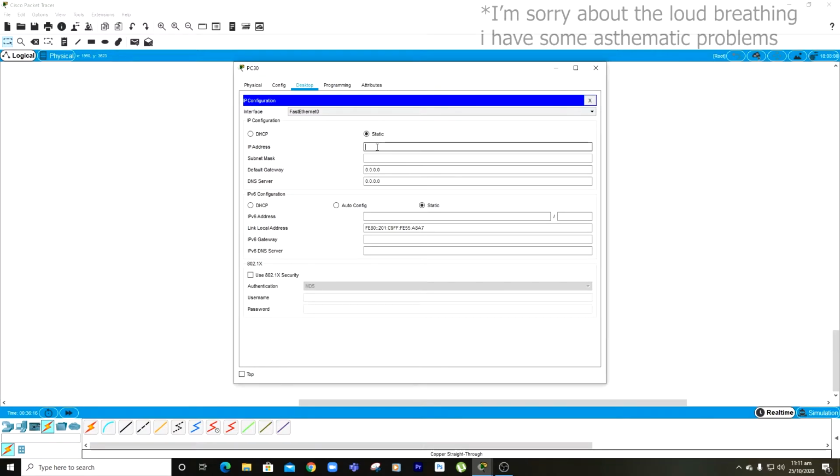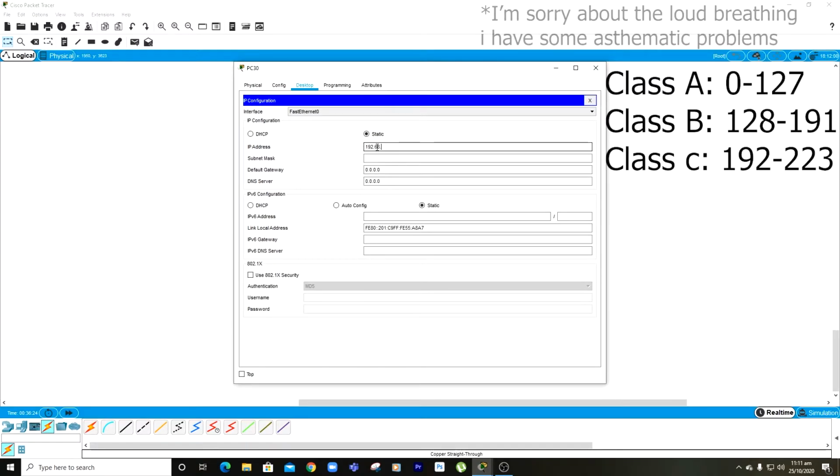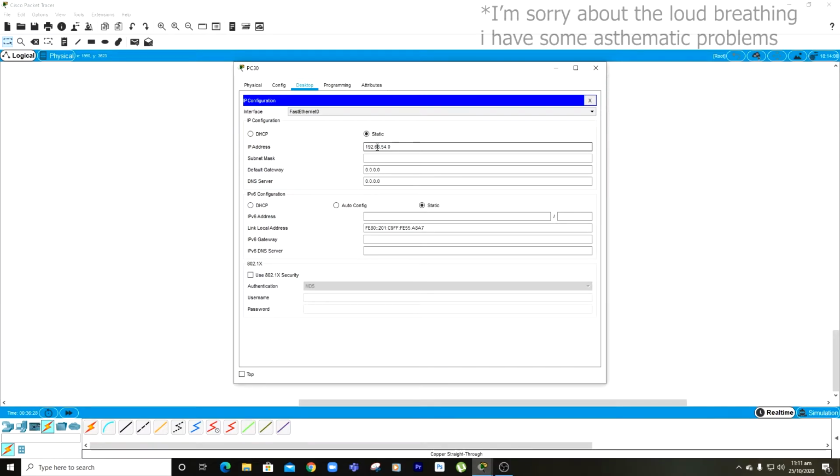You can enter any IP within class A, B, or C, or I'll go with 192.68.54.0. Now I'll go with dot one. This is the IP address for one of my PCs. As soon as I press enter, the subnet mask will automatically appear. Now the subnet mask is